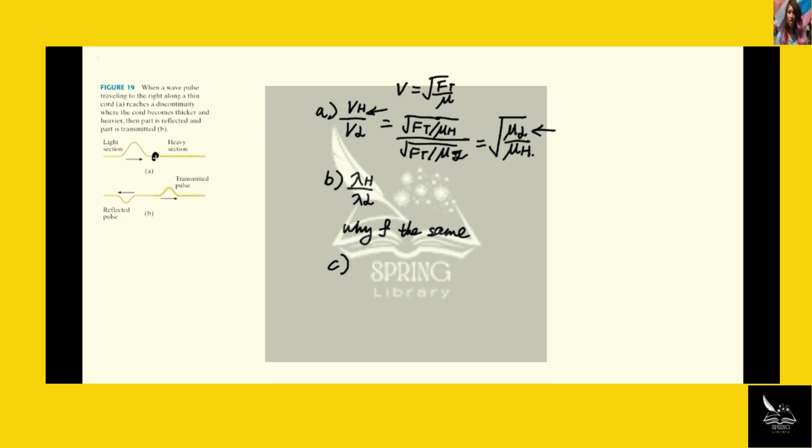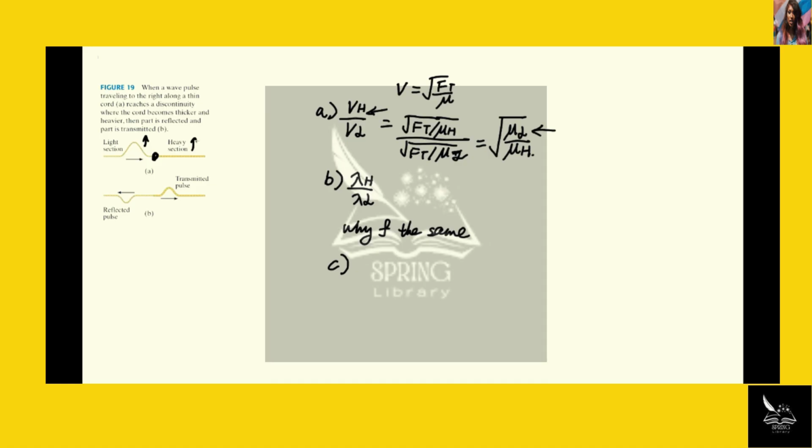So if the frequency is not the same, the joint between the two sections won't be able to keep the two sections together, because what if it's vibrating like 10 times per second on the left hand side, but it's only vibrating 1 time per second on the right hand side? So we won't have a continuous movement anymore if they have different frequencies. So it has to be the same frequency, and